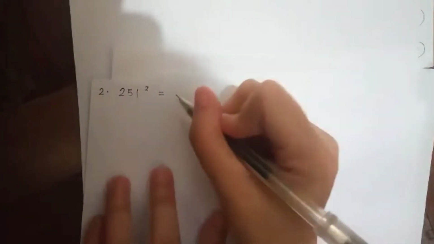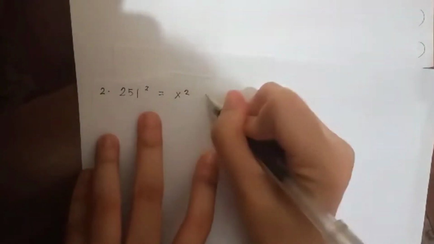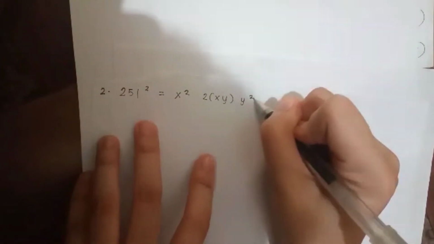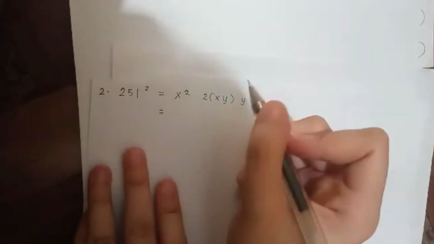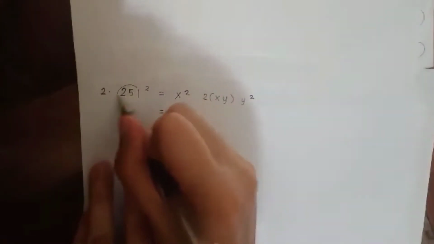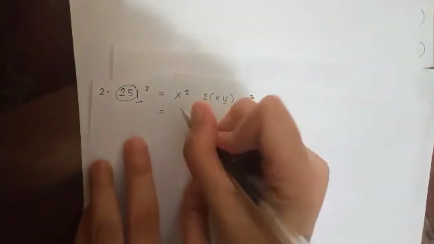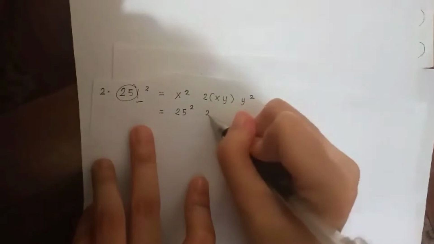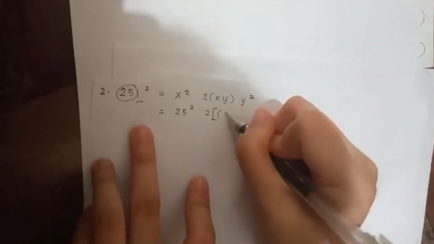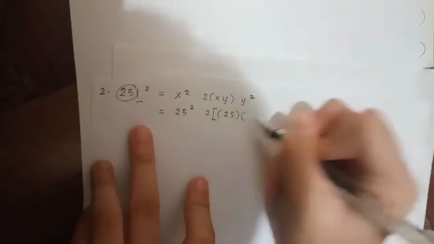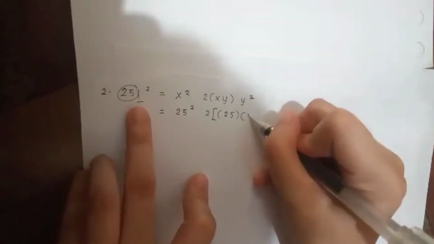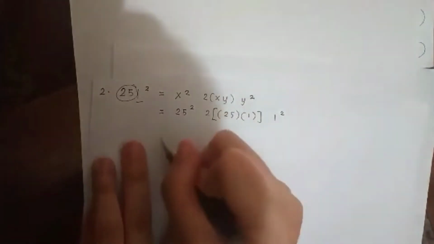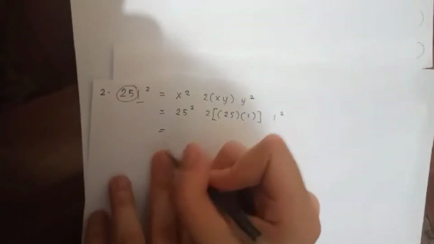Now, the second example that we have is 251 squared. So we have to copy the formula x squared, 2xy, and y squared. So the x here is the 25 because it does not contain 1. 25 squared, 2 times 25, the x, and the y is the last digit, 1, and y squared. So now 25 squared is,